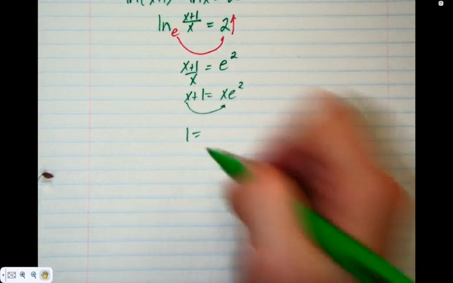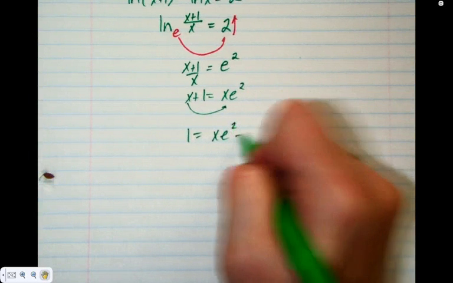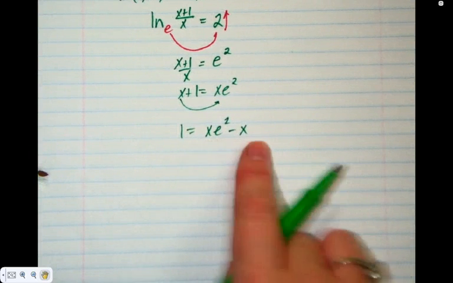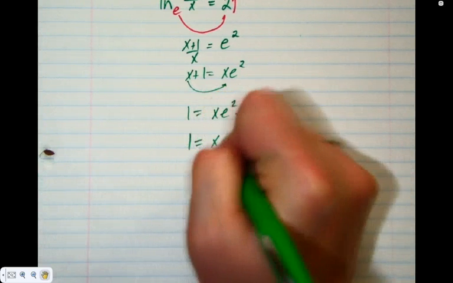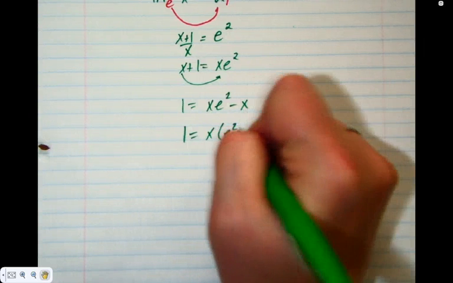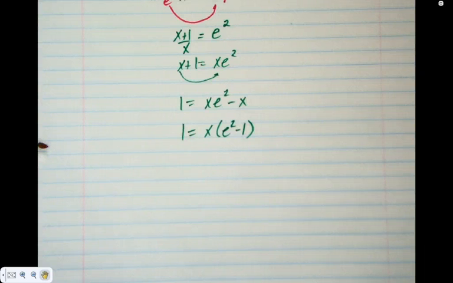So on the right, what are we going to have? People are going to want to do some weird subtraction here with the x's. Nope, can't do anything with this. This is simplified. How do I isolate x if I've got all this stuff going on? Factor it out. How do I get rid of the multiplication by e squared minus 1?